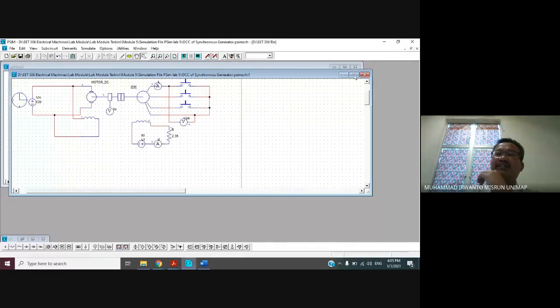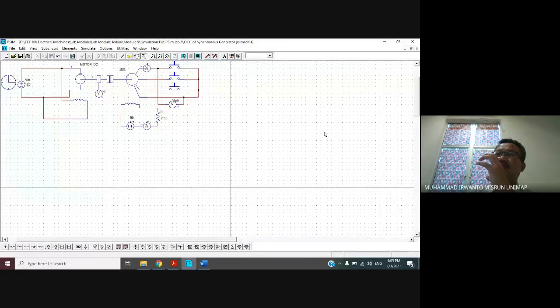And then in the open circuit test for the synchronous generator, meaning the output terminal of the synchronous generator is not connected to the load. This is where we use push button 3. And then operate this synchronous generator with the specific value of field voltage and current.